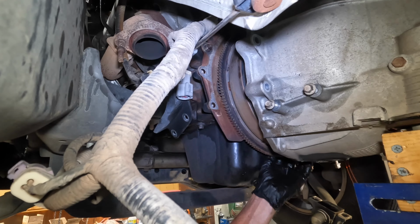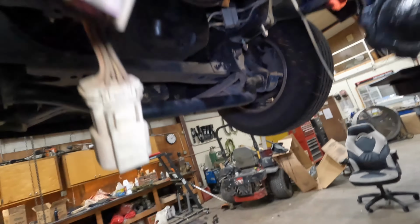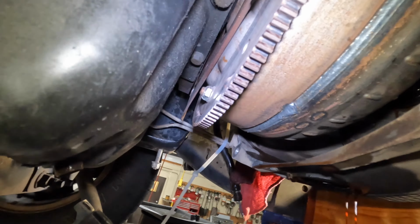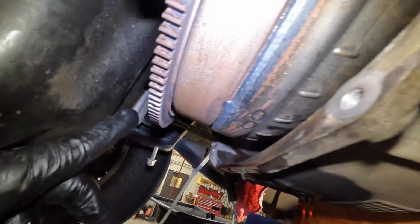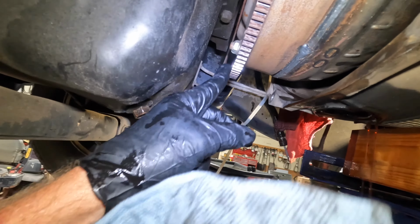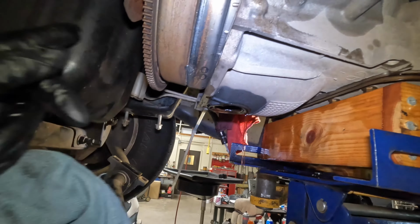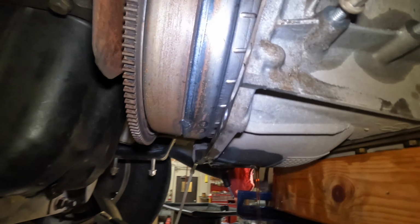Now that it's here, I'll show y'all what the point of this was. See, now we can literally get straight on with that bolt. Instead of having this stupid lip there,